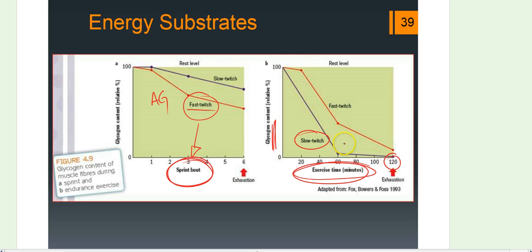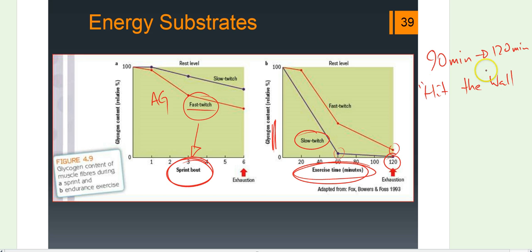So over around about an hour, the glucose levels have dropped quite dramatically. Within our slow twitch fibers, they are still decreasing. Our fast twitch fibers, the glucose level is decreasing also, and it's around about 90 minutes through to 2 hours that it says that we hit